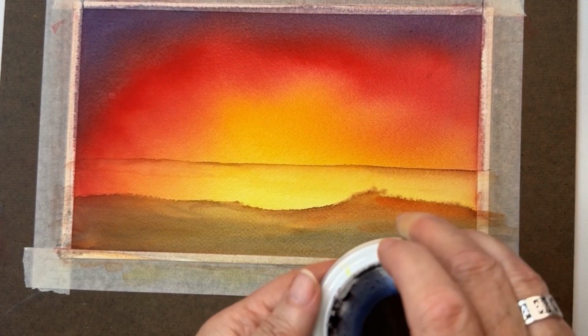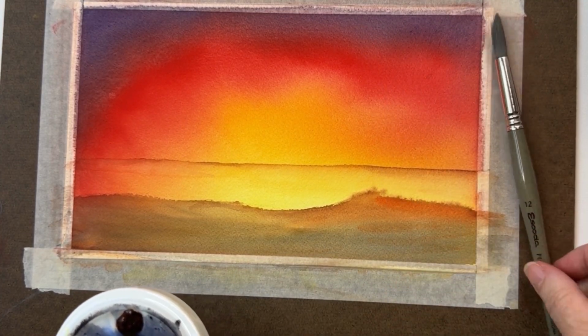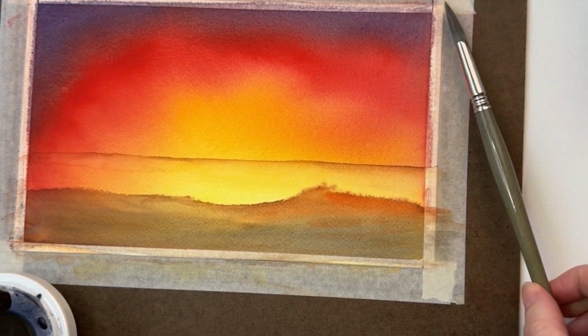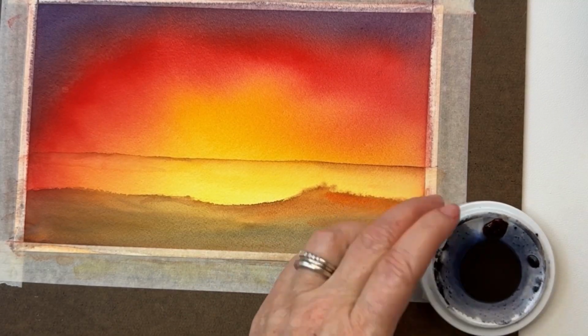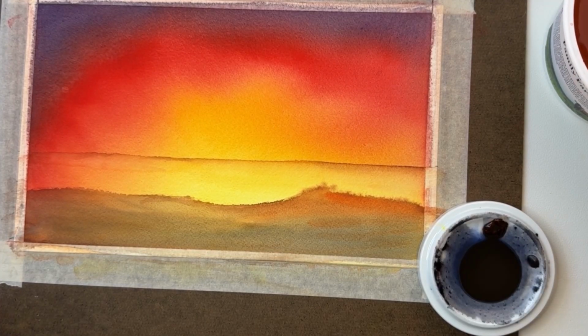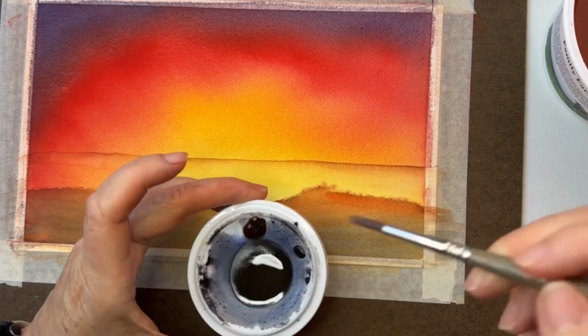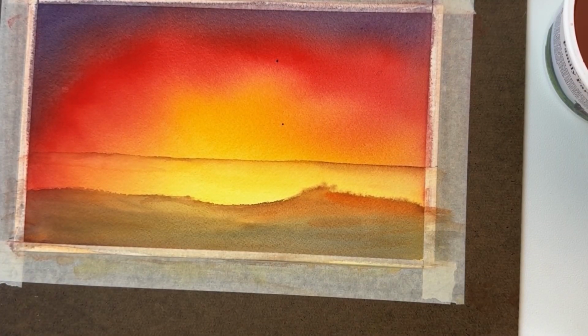So for the next step, I'm gonna have my synthetic brushes, the big Escoda Prado number 12, and I'm also gonna have a number 6. I have my black, the one that I mixed. I'm gonna leave a link out there so that you can see the video where I show you how to make and mix blacks. And the one that I'm using today is the one that I mix with, oops, be careful with this. When you're moving it too close to your painting,